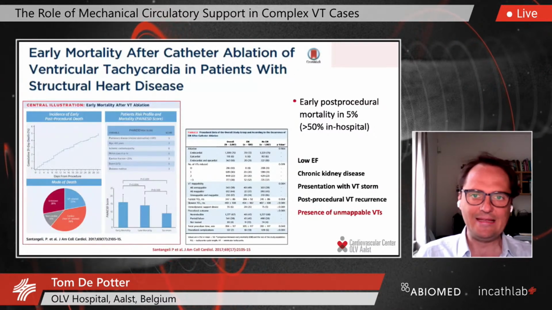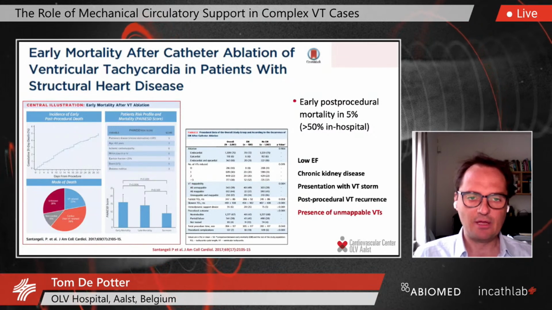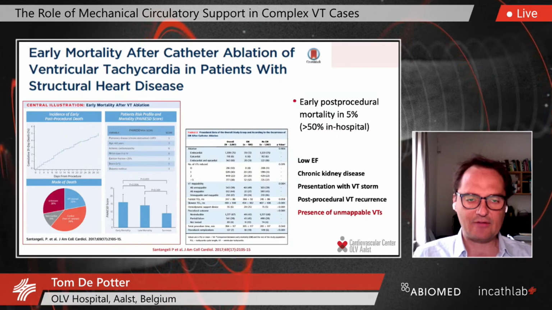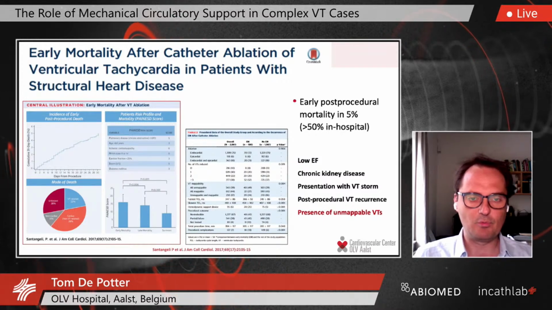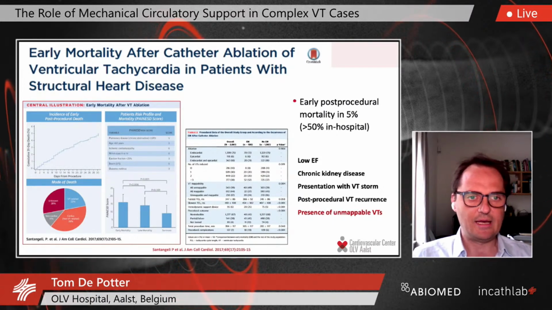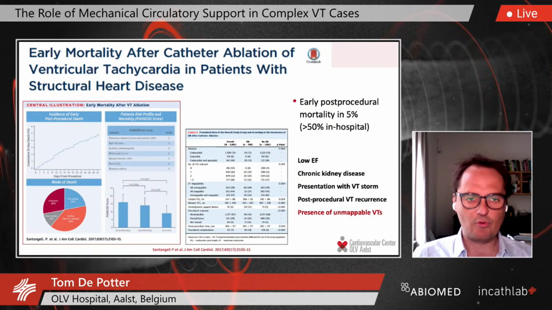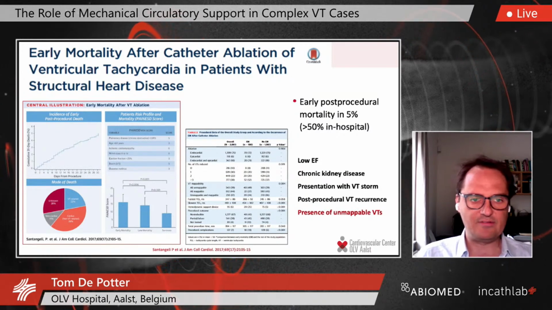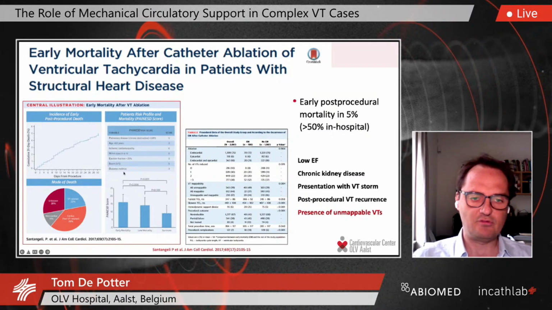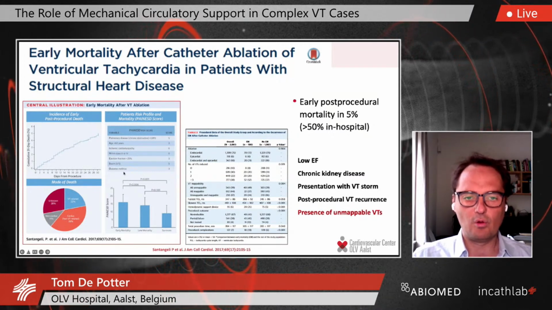And these patients are indeed identifiable. A certain risk profile or risk score can be attributed. A particularly well-studied example of a risk profile for early mortality post-procedure is shown here, also from Sant'Angeli, where you can see what is called the PAINESD score: pulmonary disease, age, ischemic cardiomyopathy, heart failure, ejection fraction, VT storm, and diabetes, all